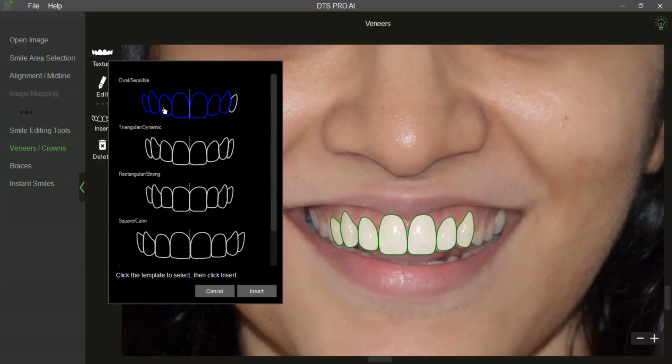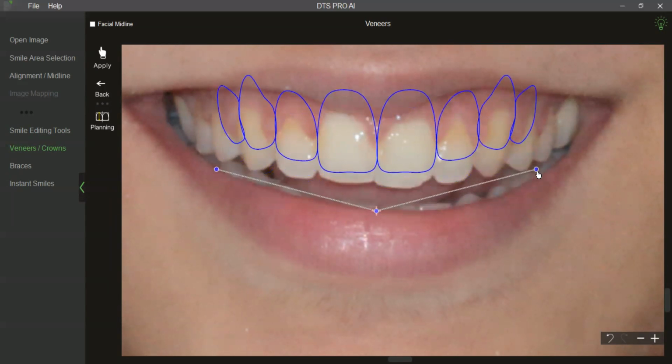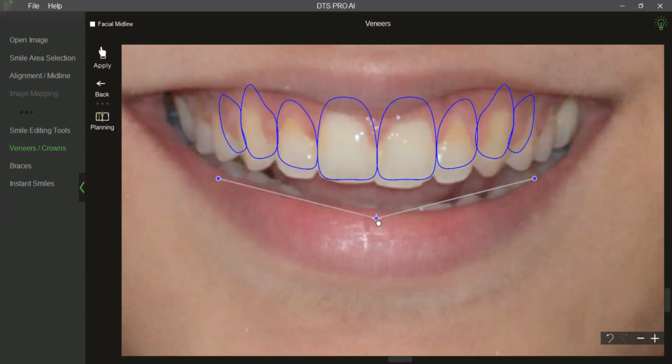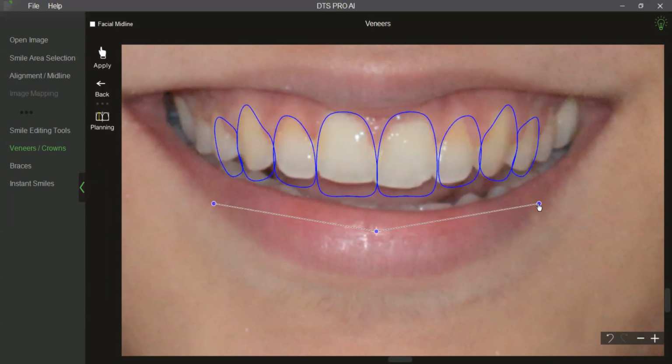We can upload 8 at a time, or you can eliminate a few, or you can just click on them and add the desired number of veneer templates. So let us plan for 8. We can add more also if needed. Now the first controls that we get as soon as we insert veneers are 3 control points, which can be used to just get a gross fit of these veneers. So I will grossly align this.